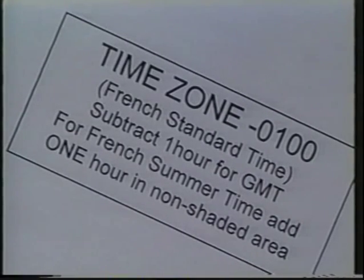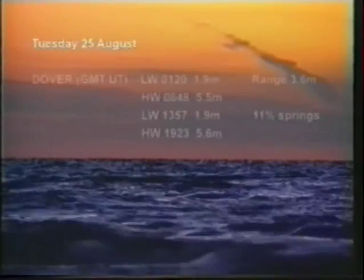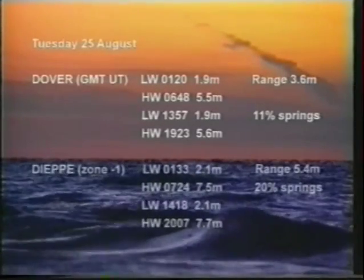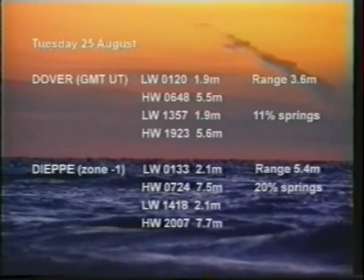We can now write down the standard port tidal predictions. The ranges were compared with the mean range boxes on the graphical sheets printed next to the tidal prediction pages, so that we can decide whether we are at Springs or at Neaps, or somewhere in between. Morning high water Dover